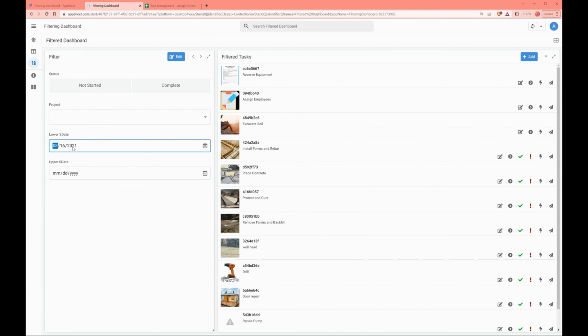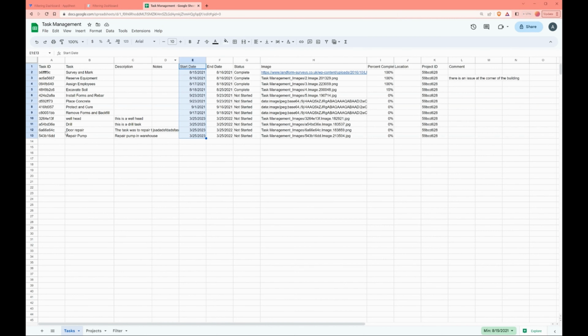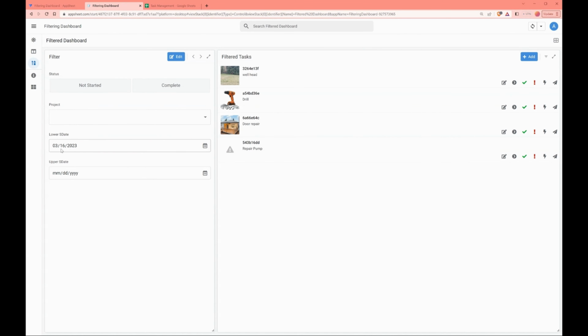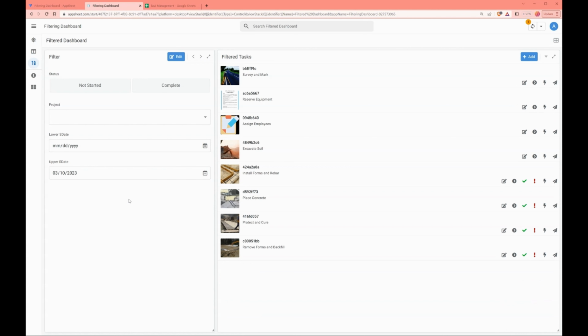Or let's view everything less than March of this year. So you can see this is working fairly well in that we have our 4 inputs from March that are basically above March 16th. And then one last check we'll do is we'll remove this filter and then we'll apply maybe the upper bounds of March of this year. So we'll say less than March 10th of 2023,